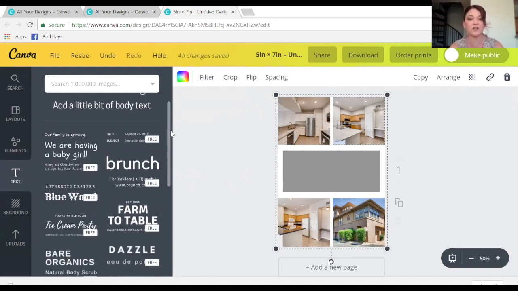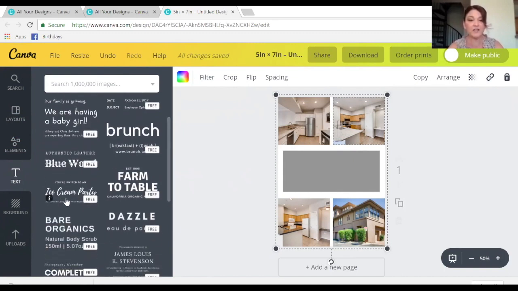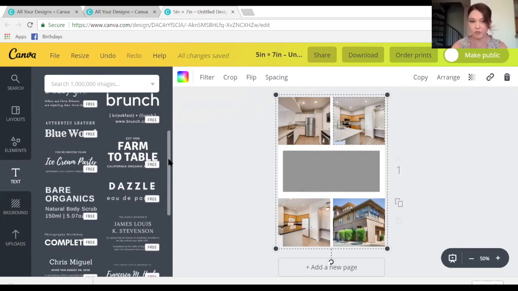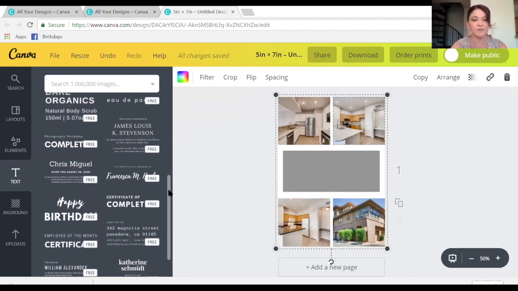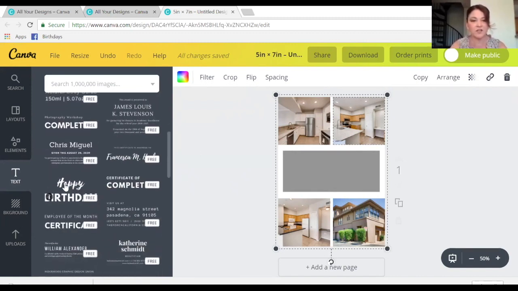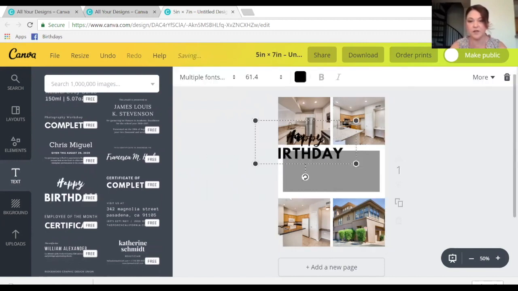So I'm going to come down here and you can see they have all of these great pre-done fonts. So again, if you're no design expert, don't even worry about it because you can just pull over whatever appeals to you for the feel of the card that you're going for or for whatever your branding is, that type of thing. So this one, I'm actually going to use this one here